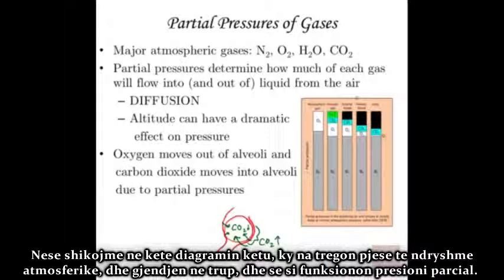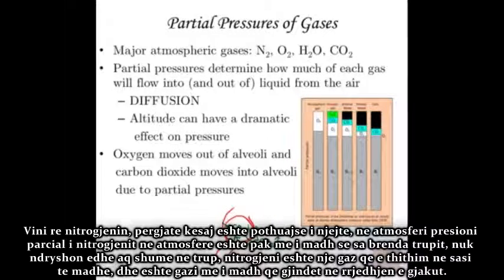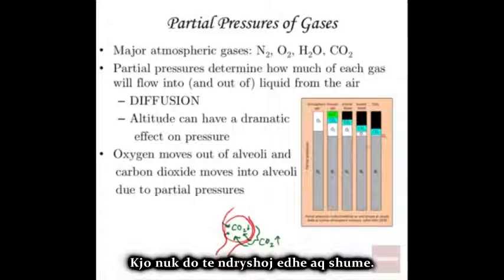If you look at this particular graph here, it shows you in the different parts of the atmosphere and in the body how the partial pressures work. Notice with nitrogen, it's almost the same throughout. In the atmosphere, the partial pressure of nitrogen is a little greater than within the body. It doesn't change much in the body. Nitrogen is such a major part of the gas that we inhale and a major part of the gas that's found in the bloodstream. That's not going to change that much.